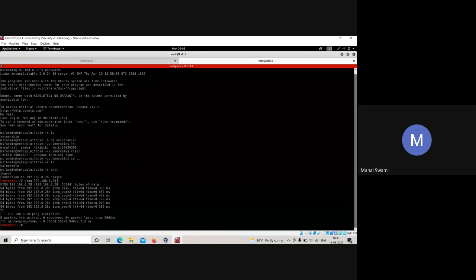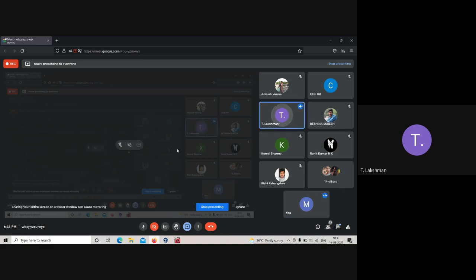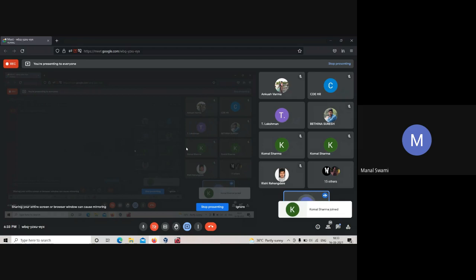If you are not connected with this system by any means, you will not be able to conduct these things. Sir, for a mobile IP address, if we ping and get results, can we attack? Yeah, you can attack through some techniques over FTP and SSH. But when I show you how the actual things are, you will see that these things cannot be performed by mobile. Okay, sir. Thank you.